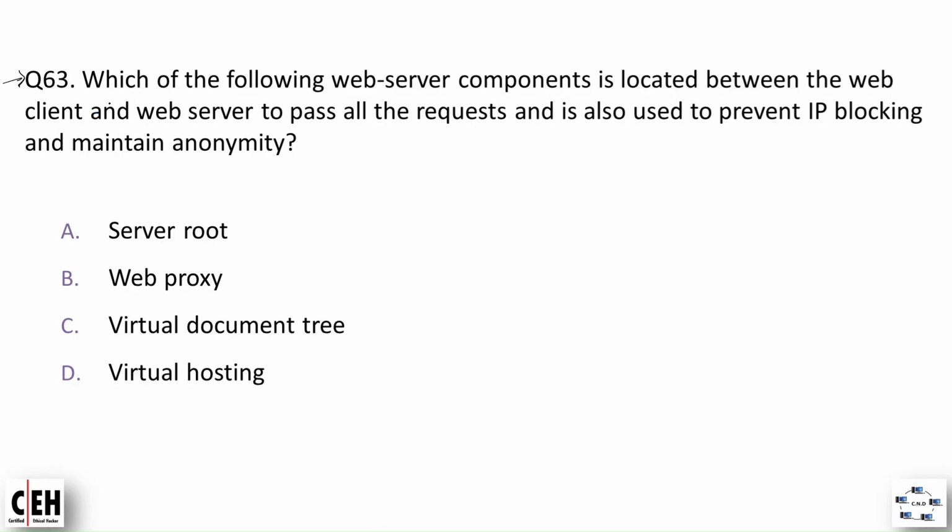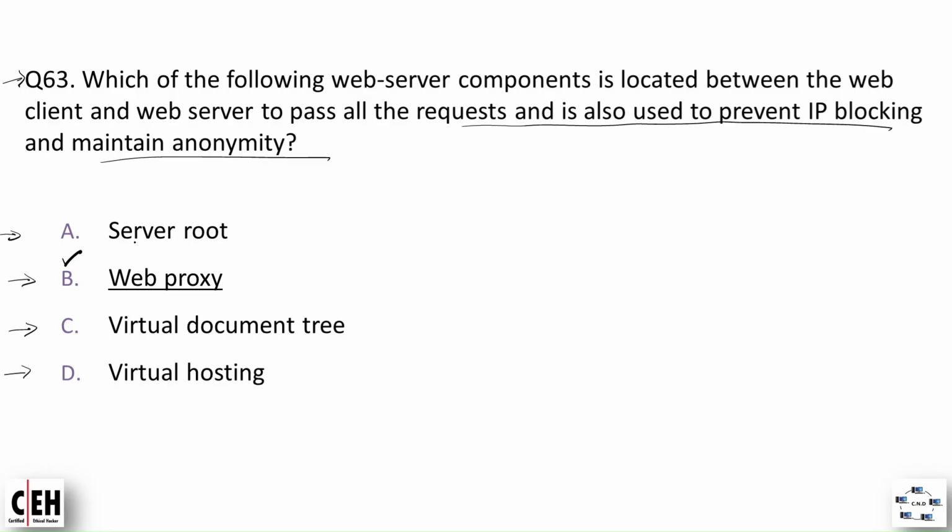Question number 63. Which of the following web server components is located between the web client and web server to pass all the requests and is also used to prevent IP blocking and maintain anonymity? Option A, server root. Option B, web proxy. Option C, virtual document tree, and option D, virtual hosting. The correct option is option B,